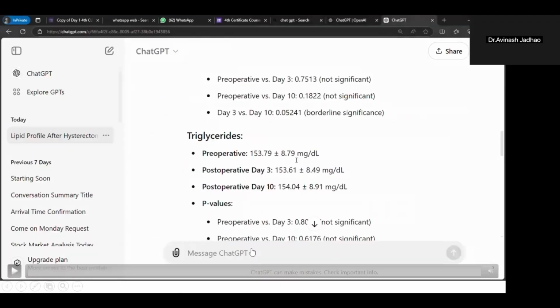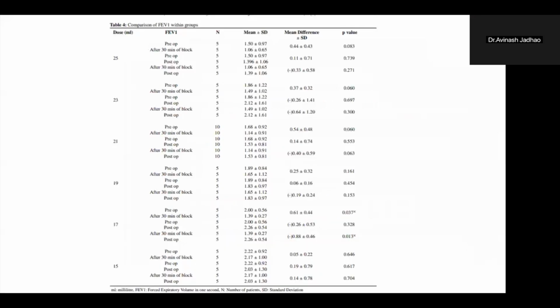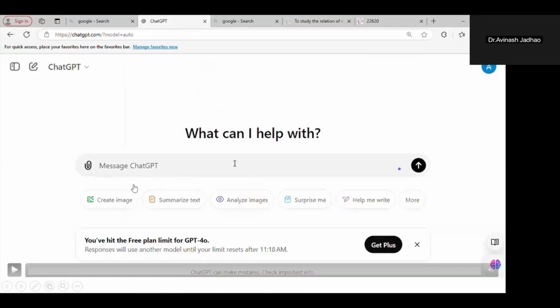ChatGPT will write in a paragraph. Similarly, this result is taken from that study whose manuscript title we had discussed earlier. Here this is a result given by a statistician. So you can copy that result and you can give a command.